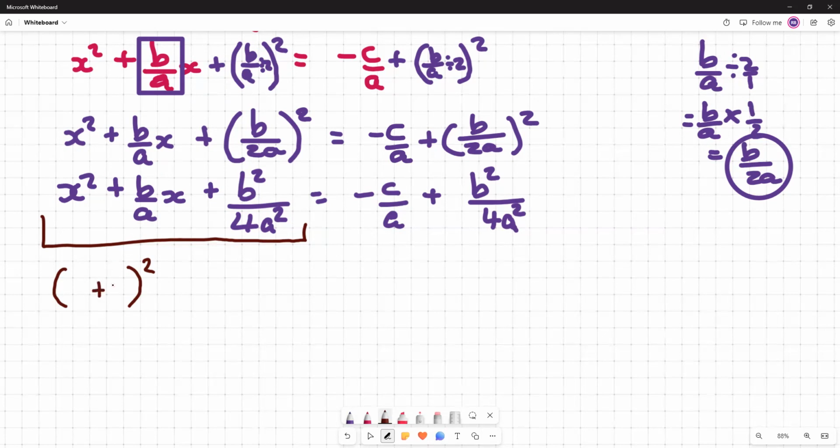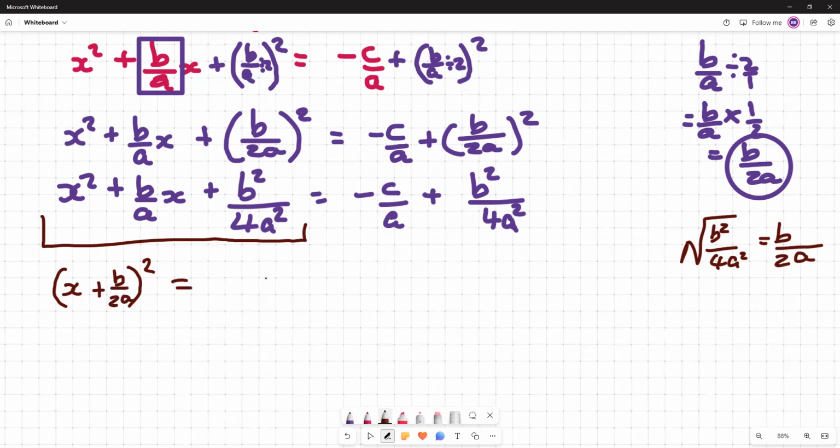So the sign, you always take this one, the first one. So the sign, we know that it's going to be plus. The square root of x squared is going to be x. And then let's see what is the square root of b squared over 4a squared. You can see that the square root of b squared will be b, and then the square root of 4 is 2. The square root of a squared is a. So here you're going to have b over 2a,